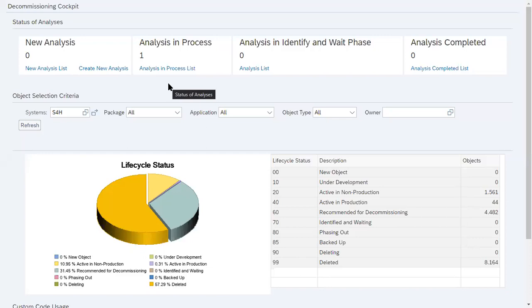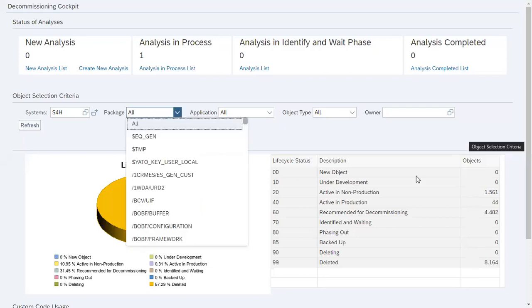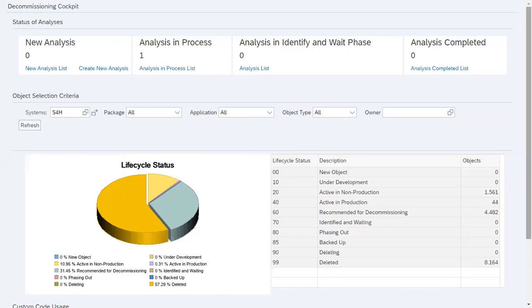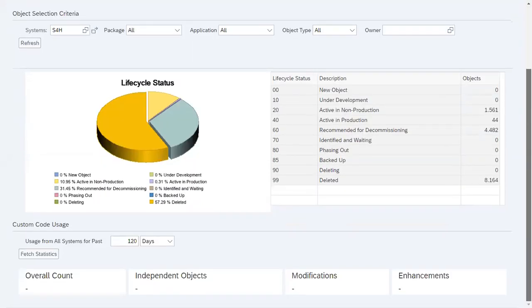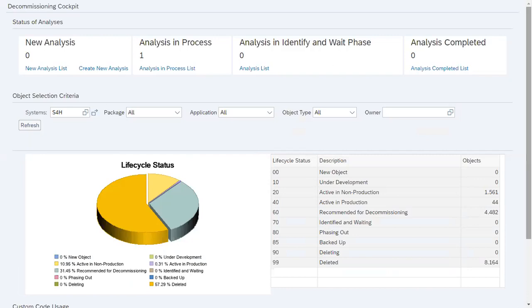in your system. If you want to see in your system, you can also see what are the options available there. Here as well, one thing is that it contains all packages, applications, object types, and owners as well, which you can differentiate and show to management. It will also be good for you that yes, now we can decommission some objects. You can improve the quality of the objects, and overall, it is application life cycle management. So life cycle would be maintained properly by using custom code management.